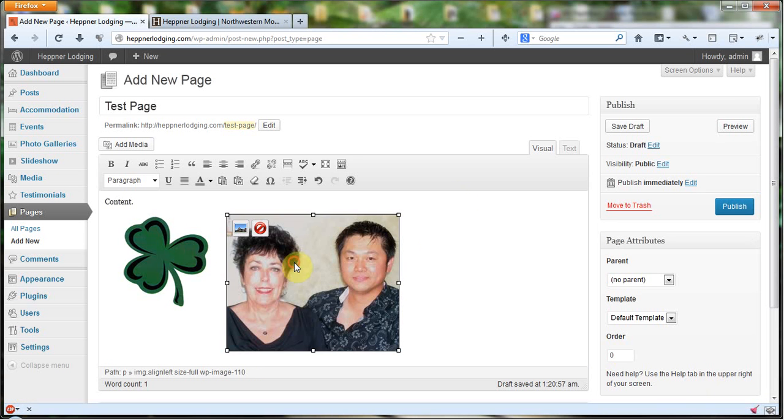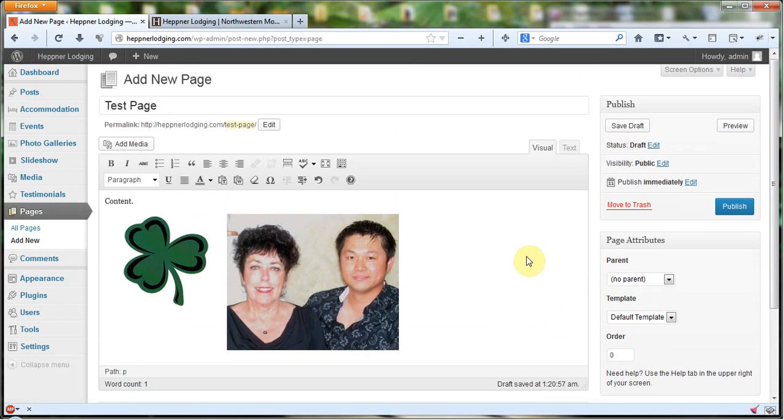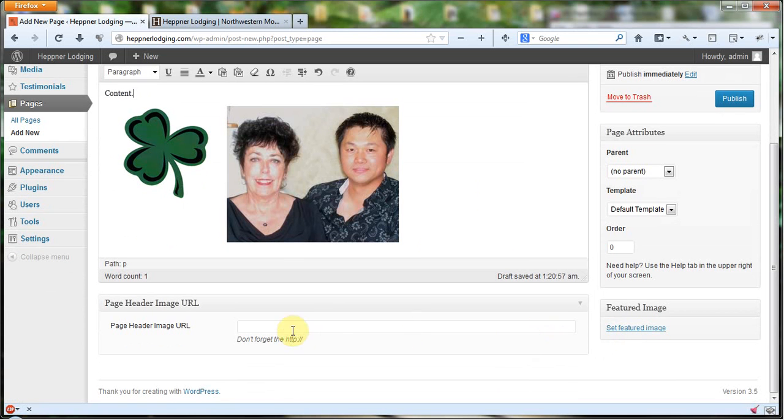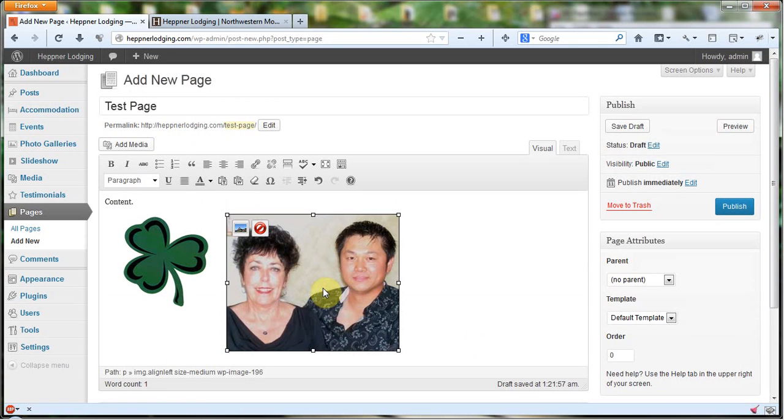And now you see I've got my images, one to the right, and my text content's up there. You could set a featured image for a page, but I don't recommend it, because it really won't do anything. What you want to do is, if you do want that page to have a header, you need to put in that custom post type header, which is what we have right here. And actually, I'm going to need to change this because this is an old URL. But you would put that URL in there, and where you would get that URL, let's say